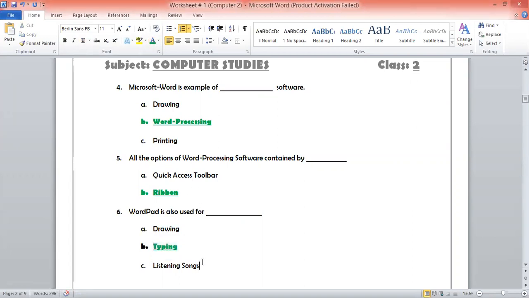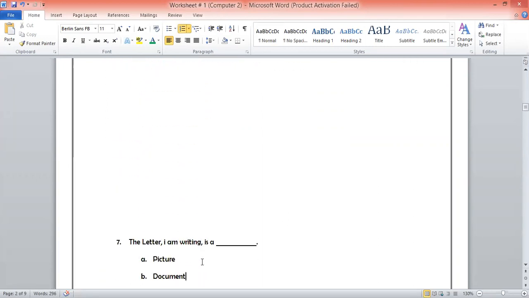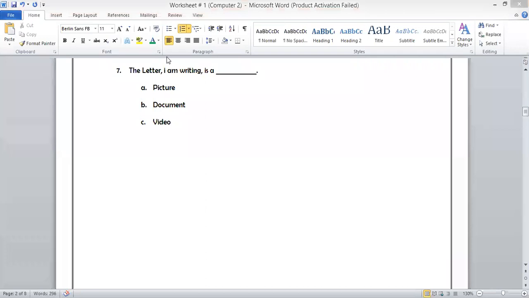Now we are moving towards the next one. The next question is question number 7. It is on the screen. It is telling us that the letter I am writing, or the letter you can write, is what?